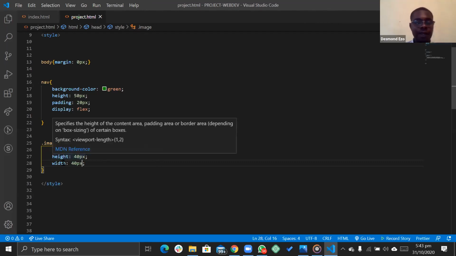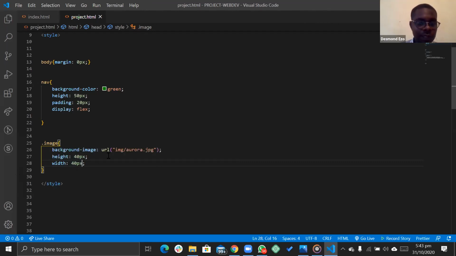So we have a height of 40 pixels and a width of 40 pixels, and we specify the image to use for the background, but the image is bigger than 40 pixels by 40 pixels. The image is really large.